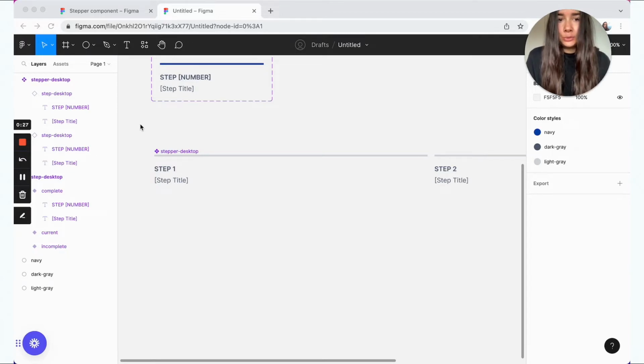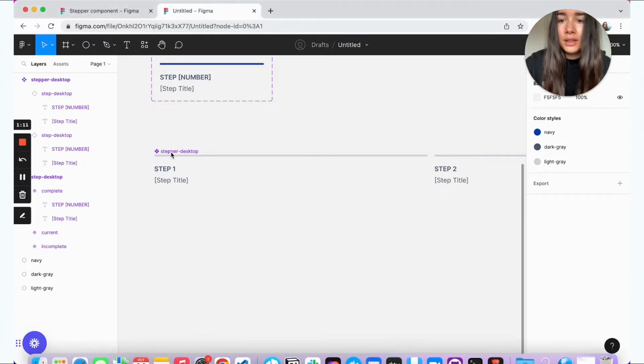For example, you wouldn't really want to create a form that has 10 steps in it, especially if each step has a few input fields or a few things to fill out inside of it. So what you can do is create variants that have 5 steps maximum, and this way you're guiding the designer and letting them know, ideally we don't want to design anything that's super complicated, and if you feel like you need more steps than that, then maybe we should rethink the flow a little bit.